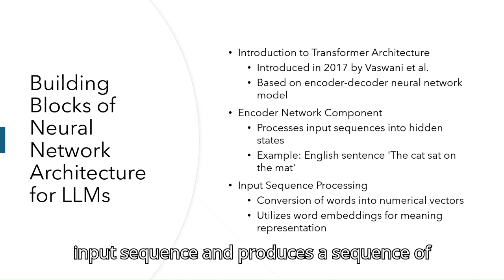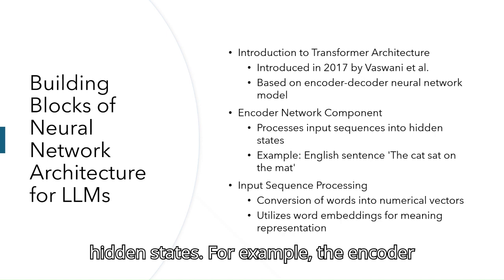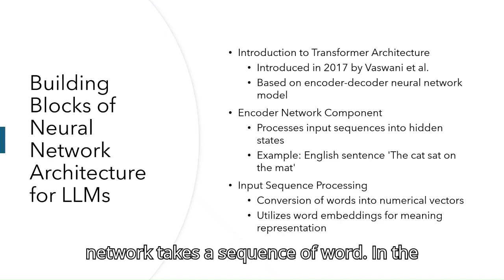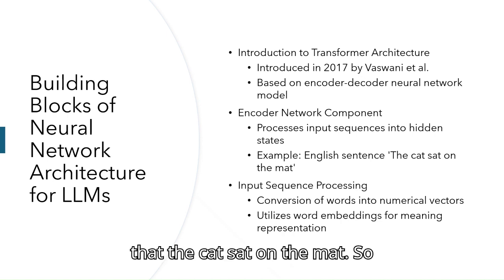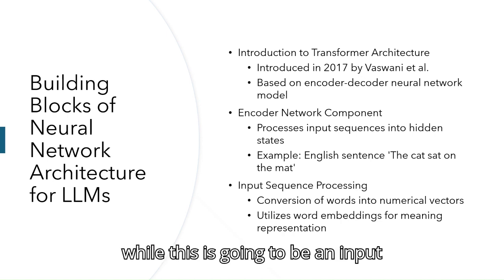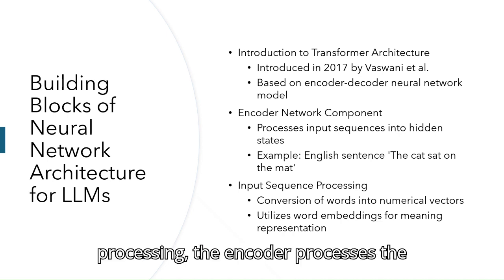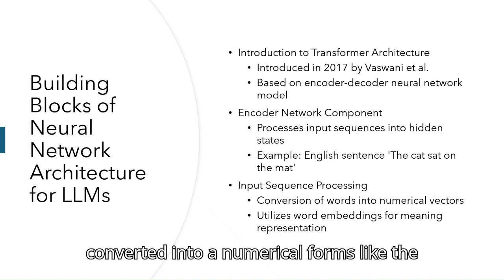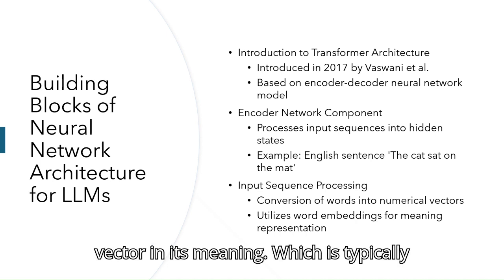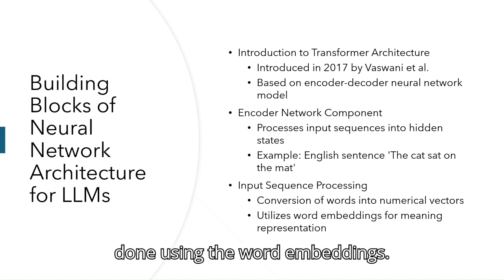The encoder network takes an input sequence and produces a sequence of hidden states. For example, the encoder network takes a sequence of words in the source language. For example, we just now said: the cat sat on the mat. While this is being processed as input, the encoder processes the sequence word by word, and each word is converted into a numerical form like a vector representing its meaning, which is typically done using word